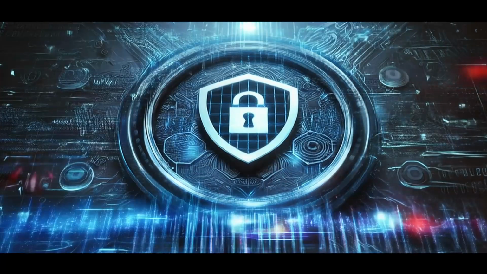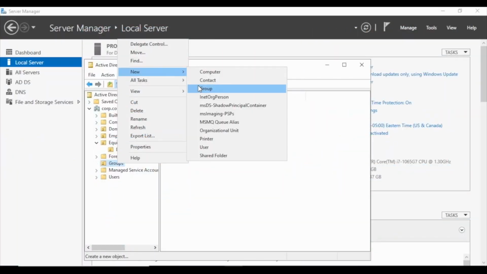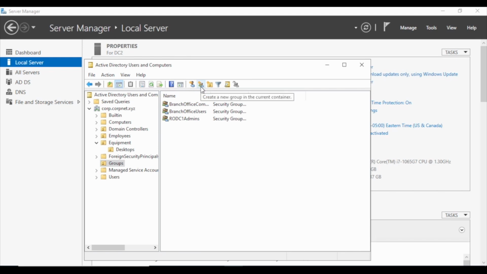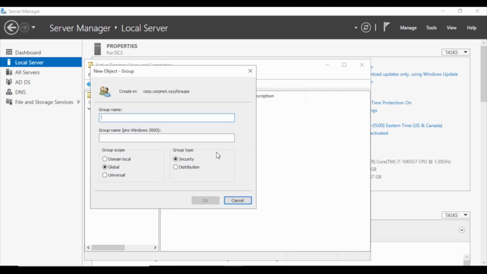In this lesson, we'll look at Active Directory groups. Active Directory uses two forms of security principals to represent physical entities. These principals are user accounts to represent a person and computer accounts to represent a computer. It would be laborious to assign rights and permissions to each individual account, so Microsoft created groups to make network